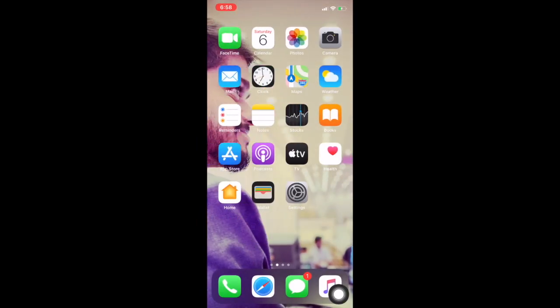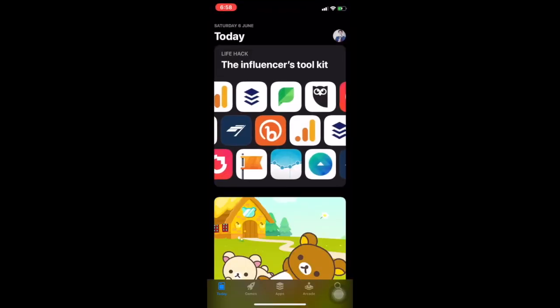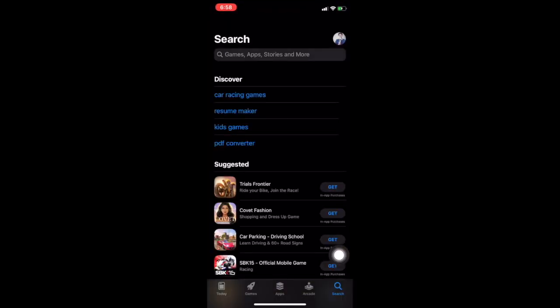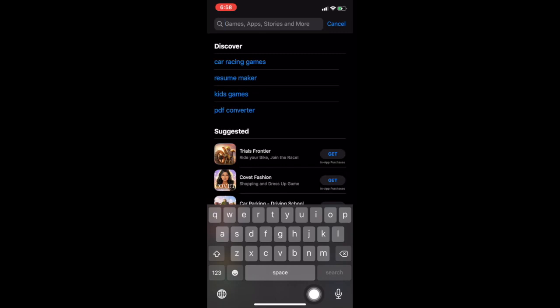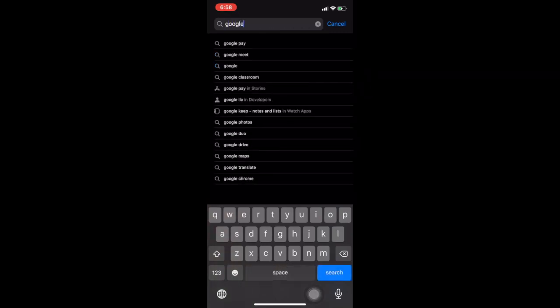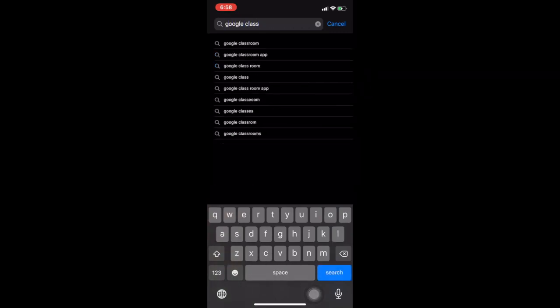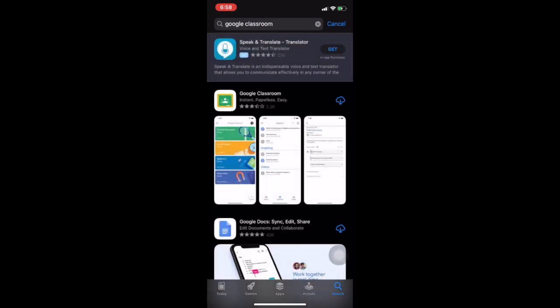Let's go to App Store. The next important app we are going to download is Google Classroom. Click on Google Classroom and download.